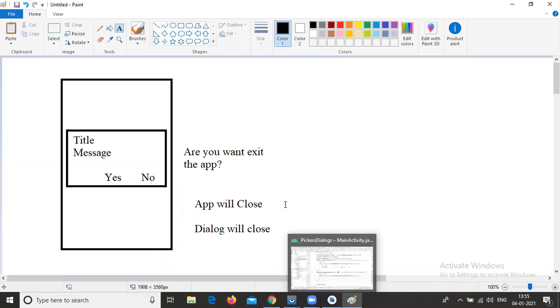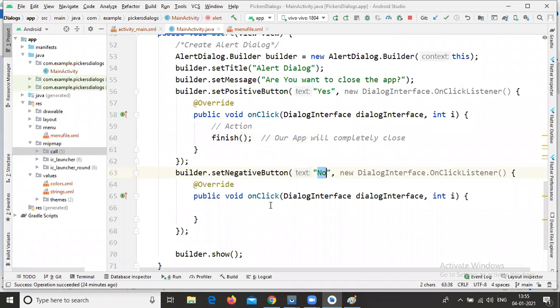Inside this onClick method, we need to implement the action. In the onClick method, we have a parameter, the dialog interface, and we need to close this dialog interface. From your end, it may be different; it may be called dialog.